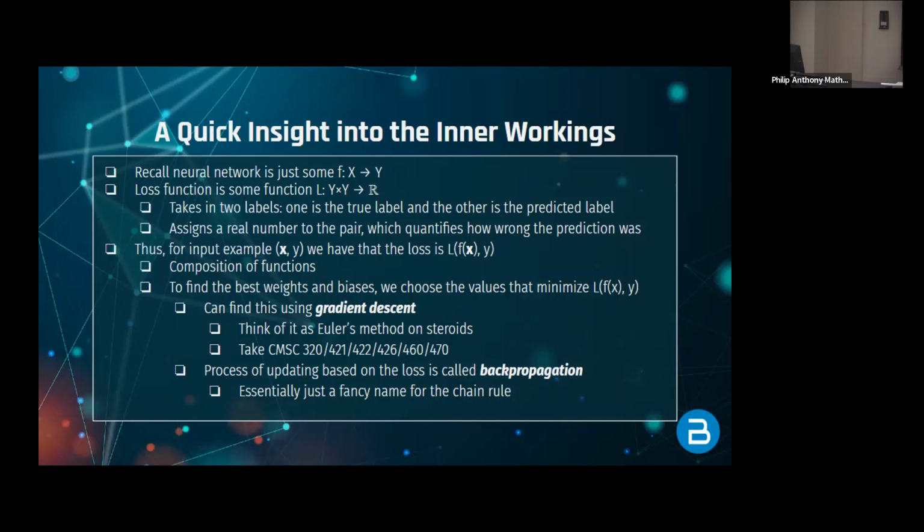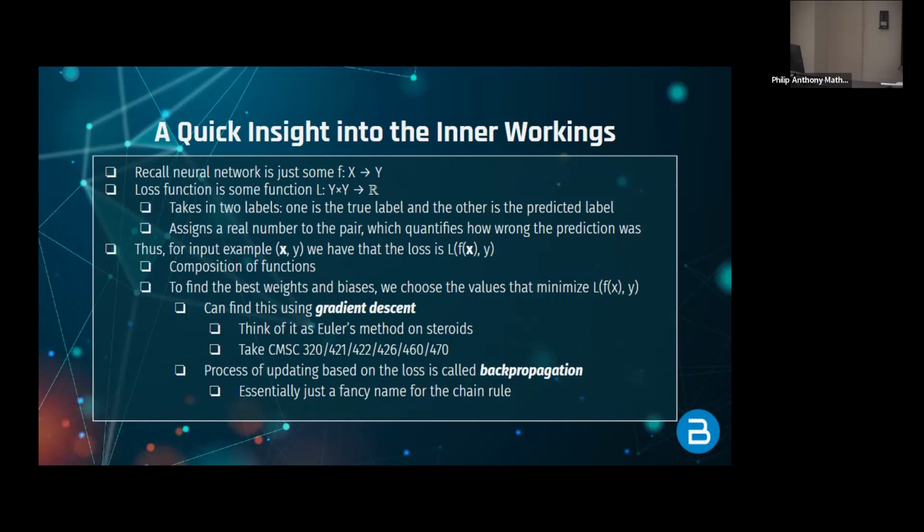But what I'm importantly trying to get at here is that, as you know from calculus, we can find the optimal weights and biases that minimize our loss function. Because we can think of the loss function as something that takes in 2 labels, one you get from the model, one you're given in the training data, and it outputs how wrong you are. You can then take the derivative of that and use it to figure out which predicted label will give you the minimum loss.